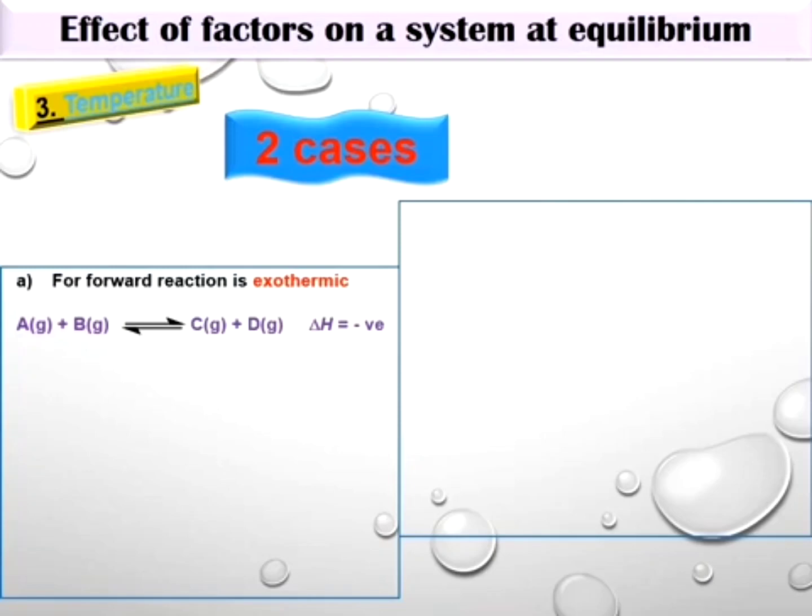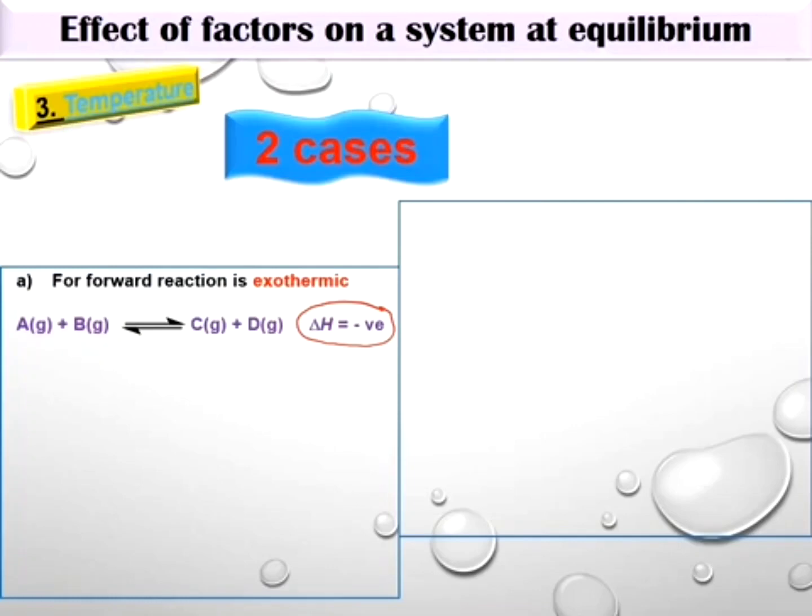Saya ulang, kalau exothermic, the system berada dalam keadaan temperature rendah, lower temperature. Okay, so the first thing what you need to do, bila dia relate dengan temperature, perkara pertama yang awak kena lihat adalah delta H. Biasanya kalau temperature dia akan bagi delta H. Delta H ni dia punya heat lah kan, the change of heat. So kalau delta H yang diberi adalah negatif, bermaksud forward reaction